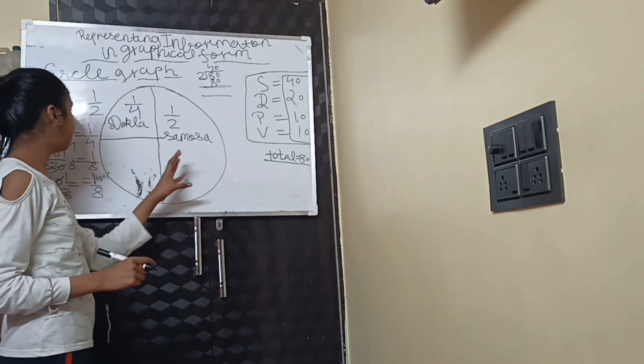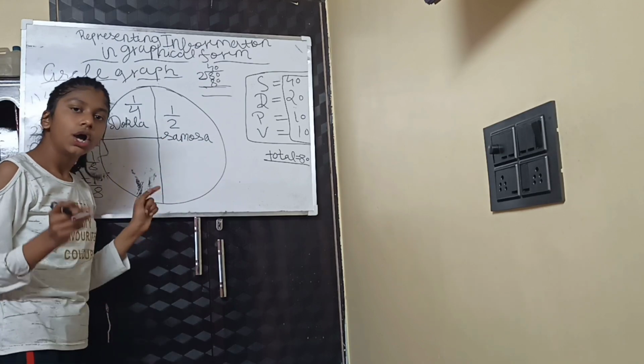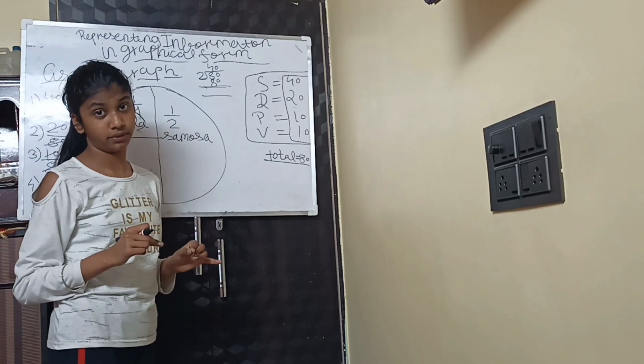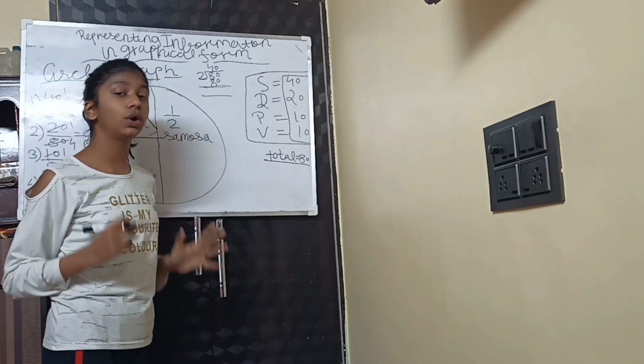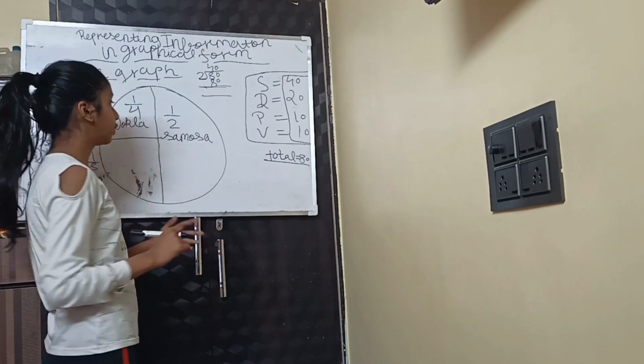Just don't write simply, like don't write 40 is equals to samosa. No. In a circle graph, you have to take out the fraction. In the fractional form only you have to write inside the circle. Normally, you cannot write it. Okay. Now